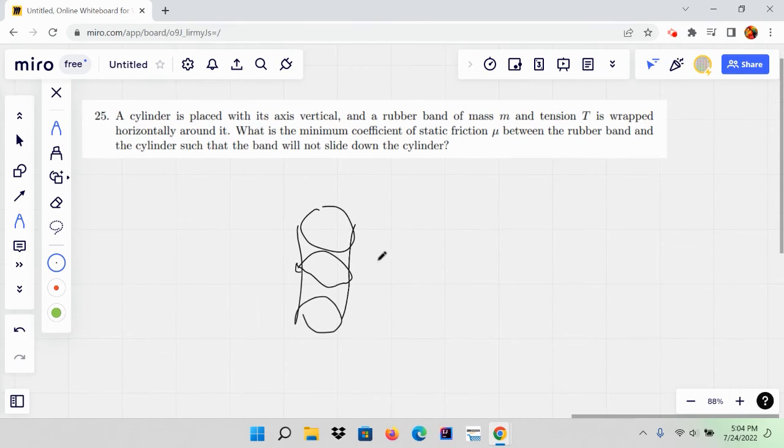And so the reason why the rubber band won't slip down if you tie it around the cylinder is because of static friction. The rubber band is going to exert force on the cylinder, right? Because if you think about it, if you wrap something around something else, it's going to try to squeeze it. So there's going to be some pressure between the rubber band and the cylinder, and that pressure results in